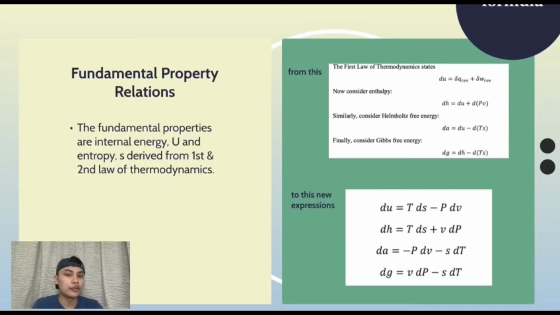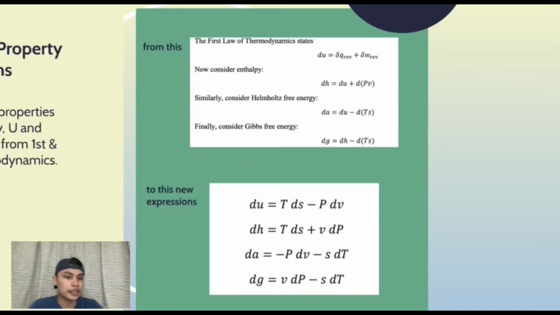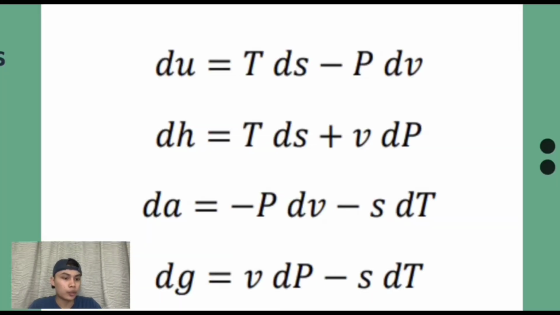Okay, now we move on to the fundamental property relations. The fundamental properties are internal energy and entropy, which derive from the first and second law of thermodynamics. As we can see here from this slide, this is the equation of the first law of thermodynamics. From the equation itself, we substitute the equation into 3 different equations, which are enthalpy, Helmholtz free energy, and Gibbs free energy. And then after we substitute it, we can come up with these new 4 expressions, which are